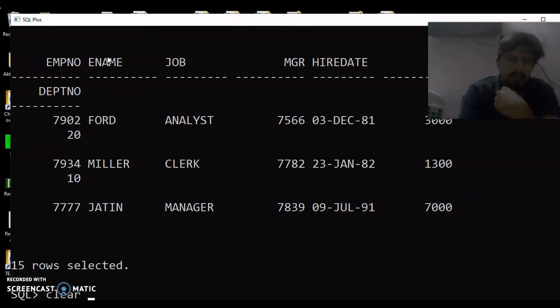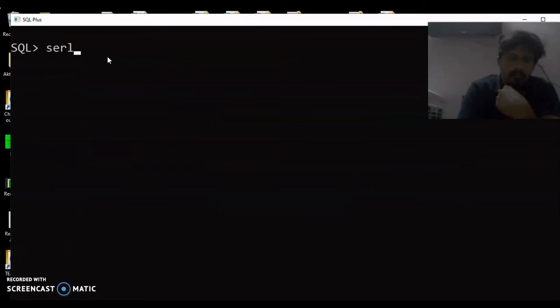Let us see simple join. Select ename, comma dname. Now again ename is in employees table and dname is in departments table. Same query we are applying for a join